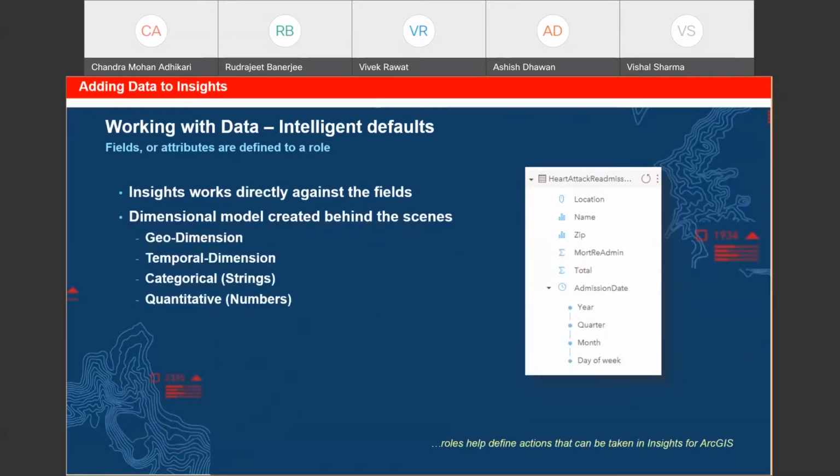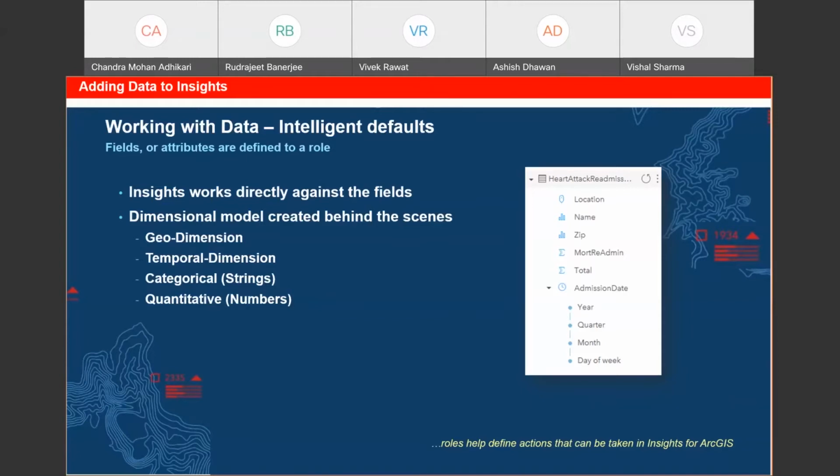It's slightly different from GIS, where we work with the layer, whereas here we are working directly against the attributes of the layers or any table. So it slightly switches around the analytics part. People can work on the spatial data and at the same time they do not find any blockage working with tabular data. We interrogate the data to find out what type of data we have. That becomes more important for us. A data with a shape field is geospatial data for me, and a date field is temporal data. Categories and numbers are there to compare, classify, and quantify.